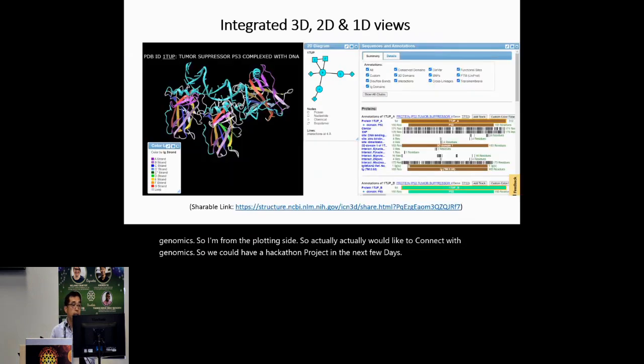Here's one example of the 3D viewer showing 3D, 2D, and 1D views for P53. The structure is colored by IG domains. It detects 3 IG domains automatically. The 2D diagram shows the protein in circles, nucleotides in squares, and chemicals in diamonds. The right side shows the sequence and annotations. And if you click all annotations, it highlights all the